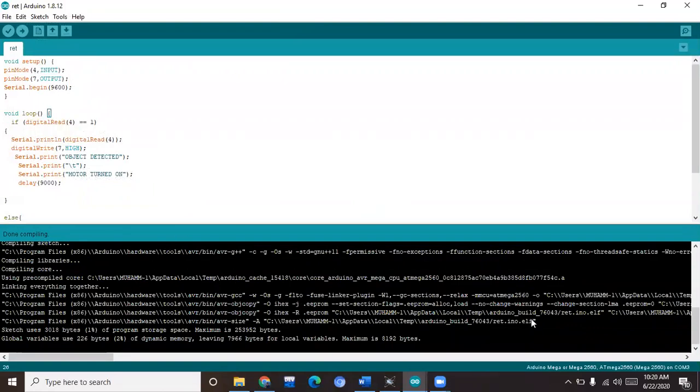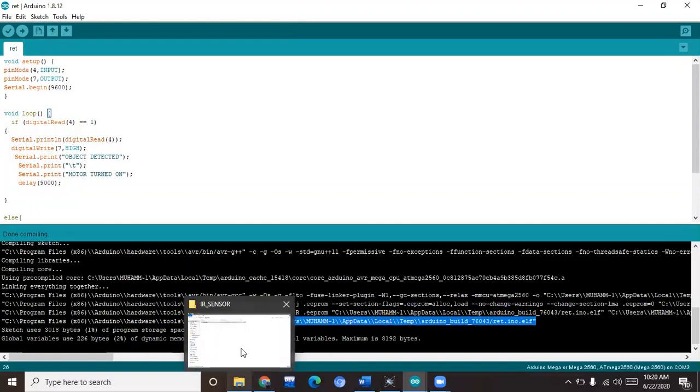Now, from here, this is telling us the information about where our text file is being stored, that we have to put in the Arduino. So it is in the C users. I will go to the C folder. After that there will be a folder named users, and then Muhammad Hamza, AppData, Local, Temp, and after that there will be a file that we actually need. I can just show you.